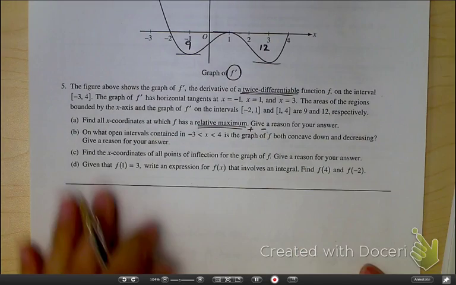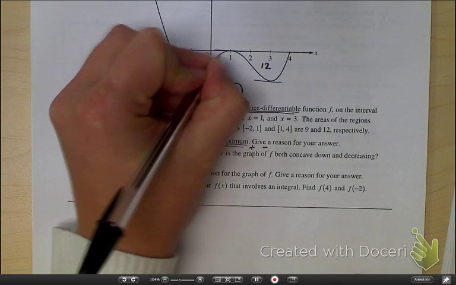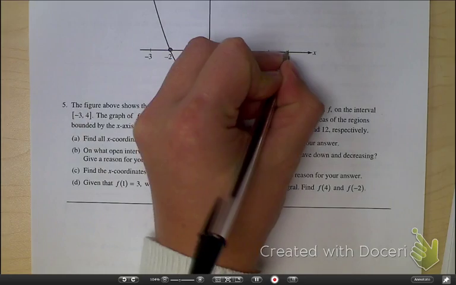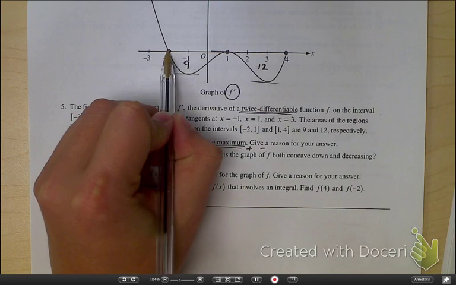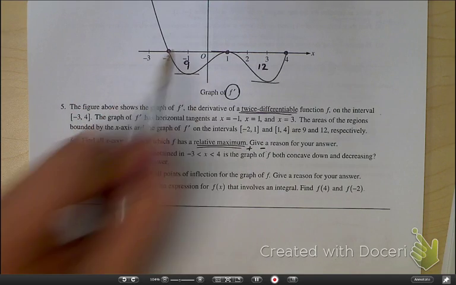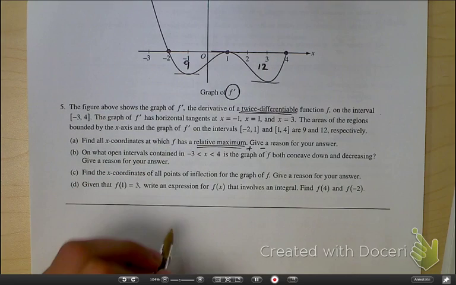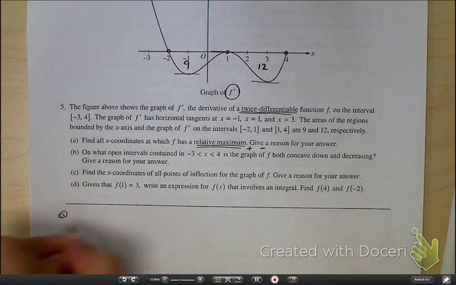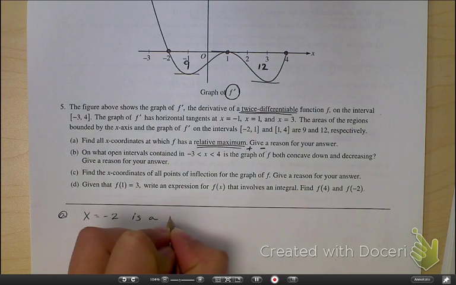So if we look up here at this graph, I see 3 zeros. I have a 0 at -2, a 0 at 1, and a 0 at 4. And of these 3 zeros, only one of them has y values that change from positive to negative, and that is this one right here, meaning that on the original function that is a relative maximum. So it says find all x coordinates at which f is a relative maximum. Part A. X equals -2 is a relative maximum on the graph of f because